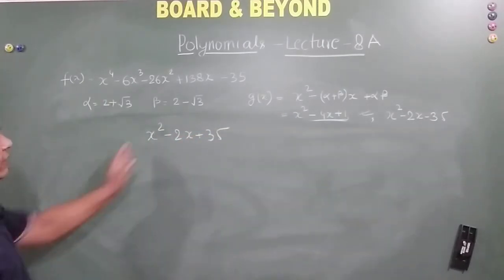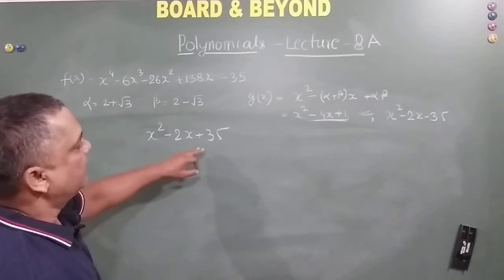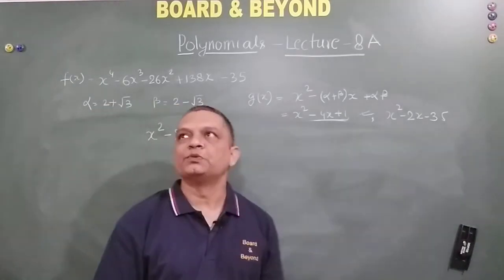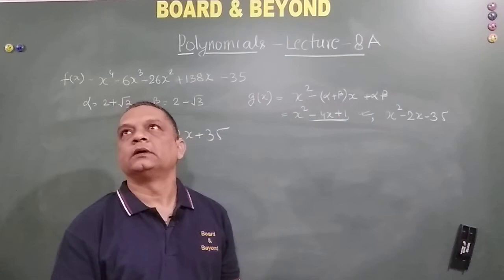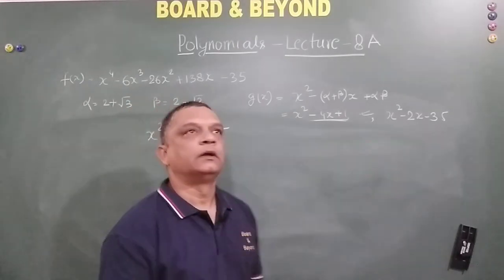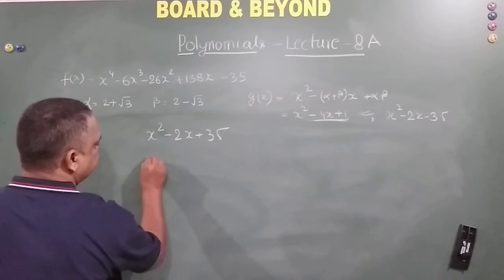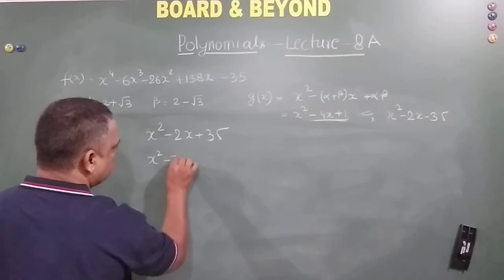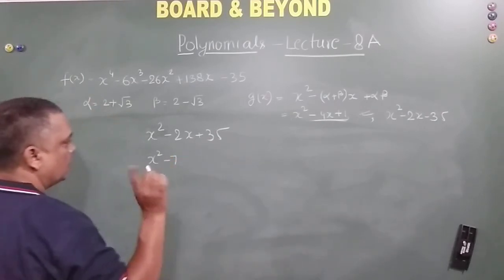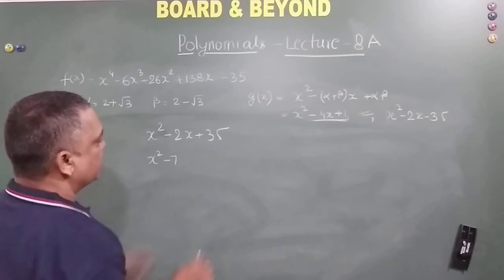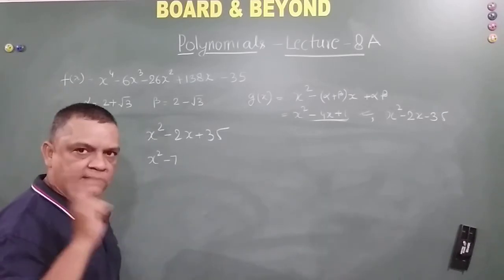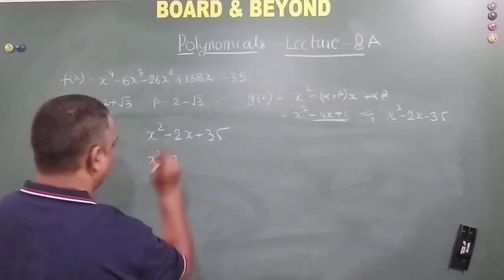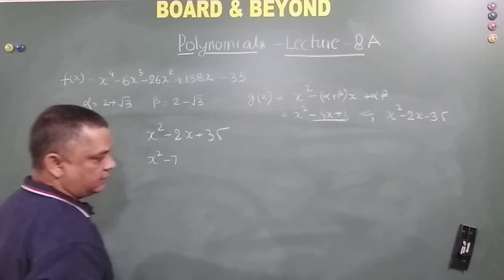Right. Now we try to factorize this. This is equal to 35. So can we break 35 into two parts so that... yeah, we can. So product is 35x square. If I write minus... no. 35 has got only two factors, right? 7 and 5, nothing else. So 7 and 5 if I do, I will not get minus 2x.